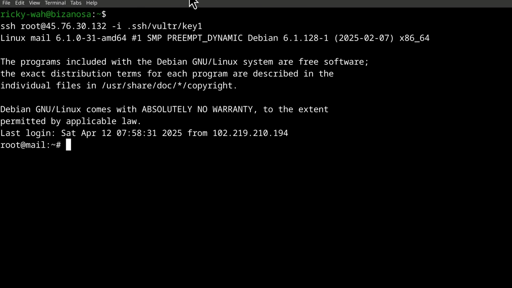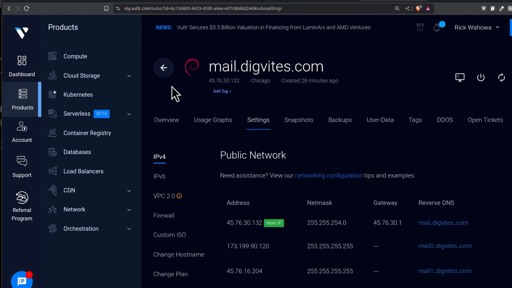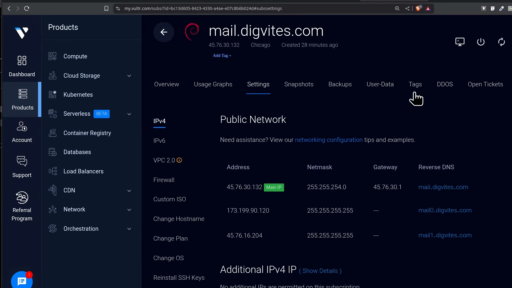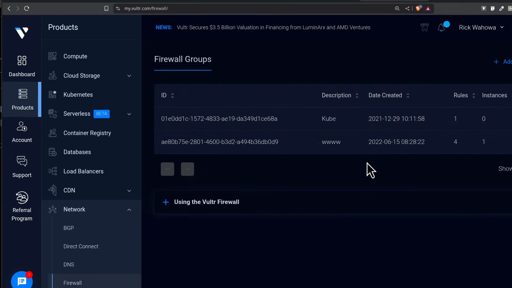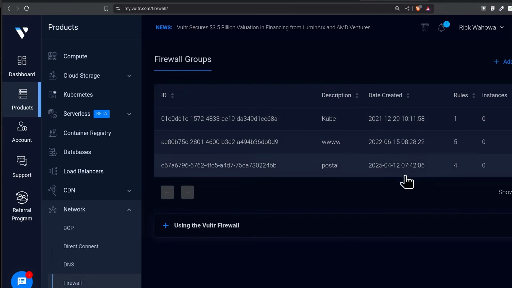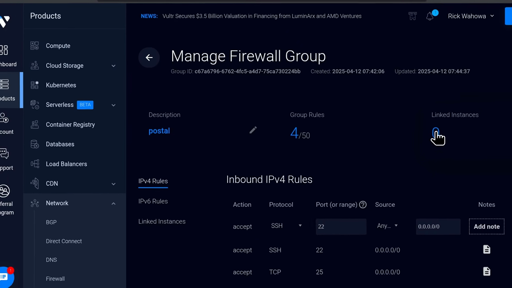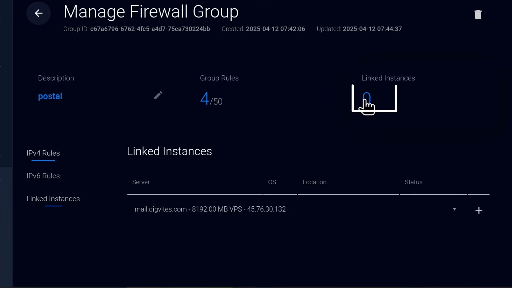And something I haven't done and I should have done is attach the firewall to this server. So let's go to networks, firewall, and the firewall was called Postal. So I'm just going to click on it. Here where it says linked instances, let me click on that.